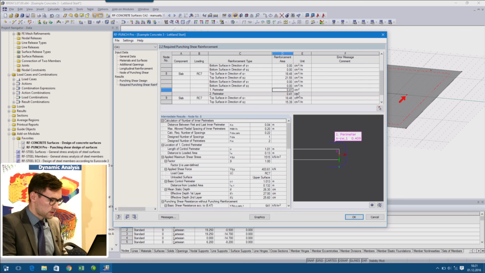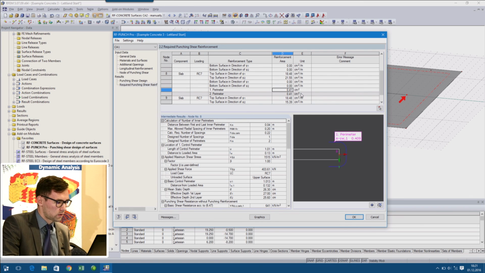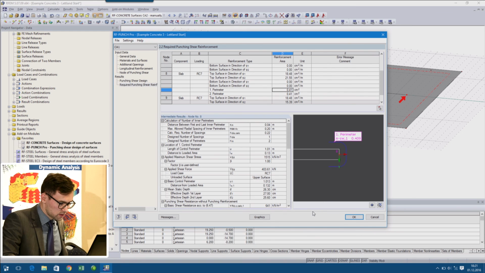So the customer has now the option to increase the amount of longitudinal reinforcement. That would be one solution. So we could go back into table 1.5 and increase this amount here. Or you can accept these results and you can use this punching reinforcement here. So the design here is done